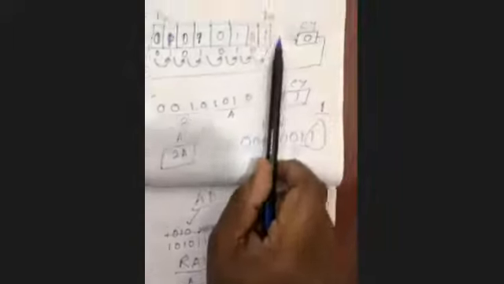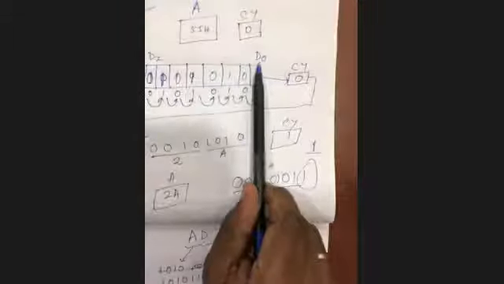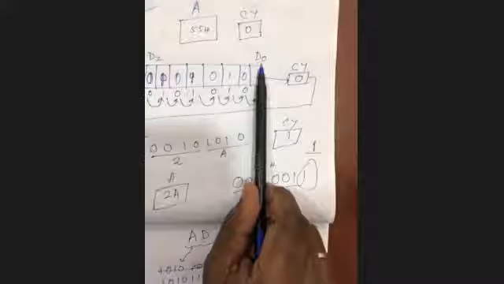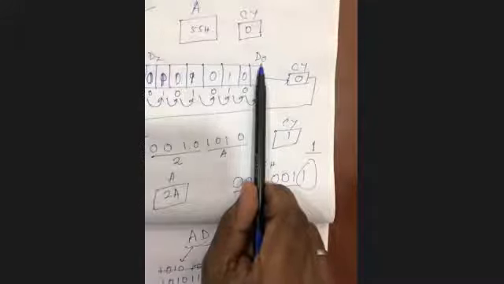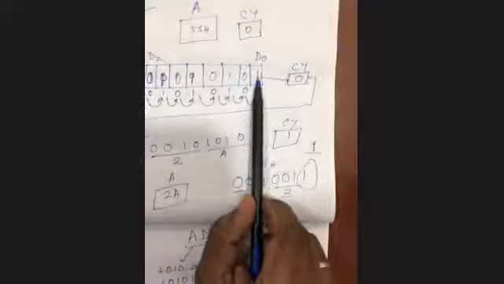To check any odd or even number, means to check the content of the D0 bit only. That's why we can check odd or even. So now we can check the content of